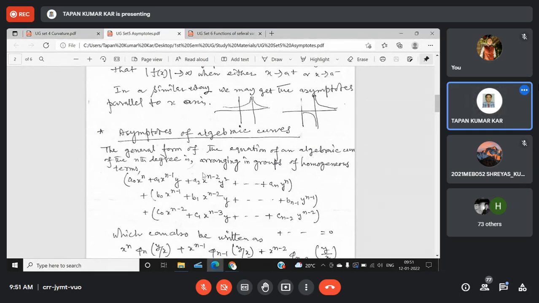Then I will discuss the formulas, how you will determine the asymptotes for algebraic curves. If you remember certain formulas, then it is not so difficult to determine the asymptotes of the curve. As I have mentioned in the case of curvature also, if you remember those formulas, then it is not so difficult. Similarly, in the asymptote case also, there are some specific methods, and if you remember those methods, then it is not so difficult. Then we will discuss the working rules and solve some examples of asymptotes. Okay, let us take a 10 minute break, then we will start again at 10.